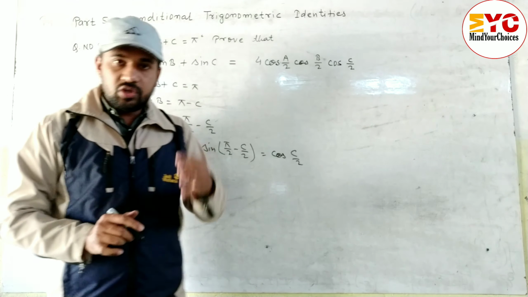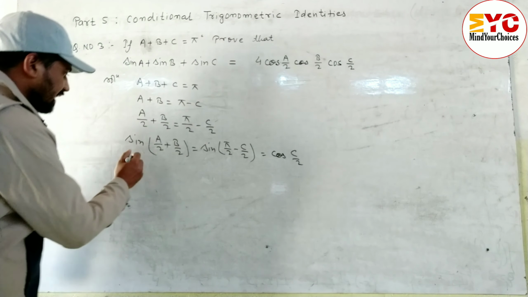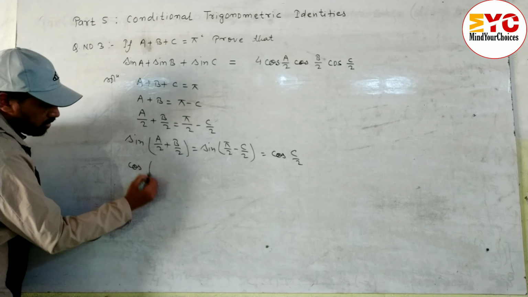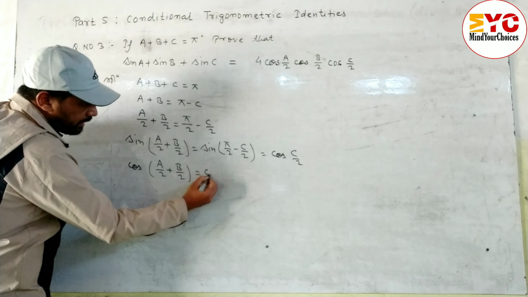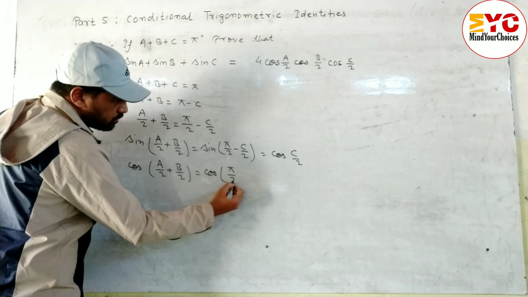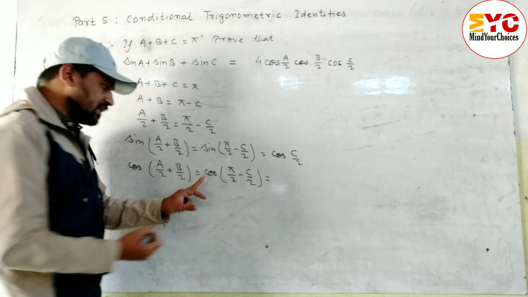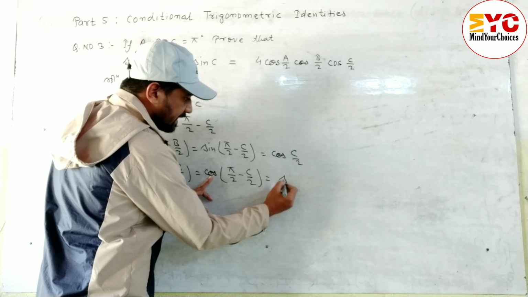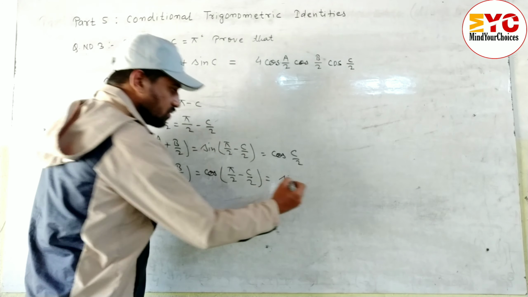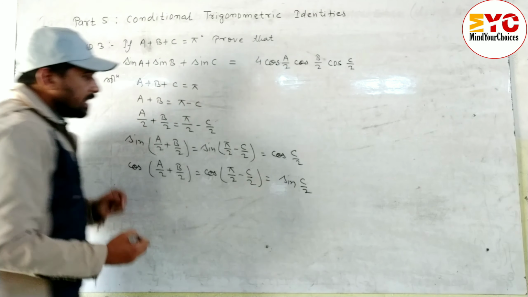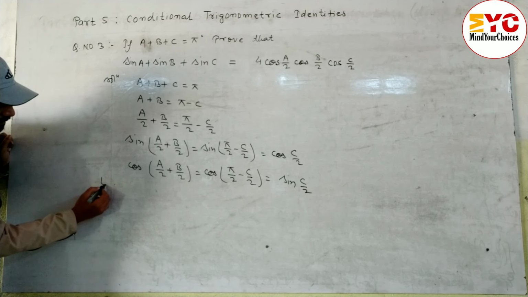Okay, I will show you the negative case in coming videos. Now, taking cos on both sides, cos(A/2 + B/2) is equal to cos(π/2 − C/2). Same thing: 90 degrees means we change cos into sin, and 90 minus C/2 is in the first quadrant, so all are positive, and we can write sin(C/2). After these conditions, we have to take the LHS.